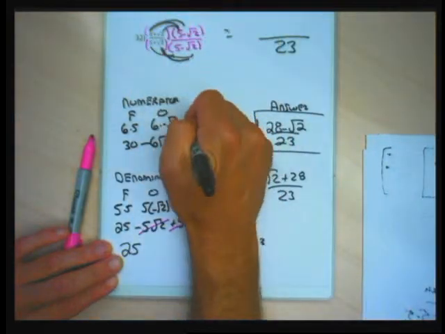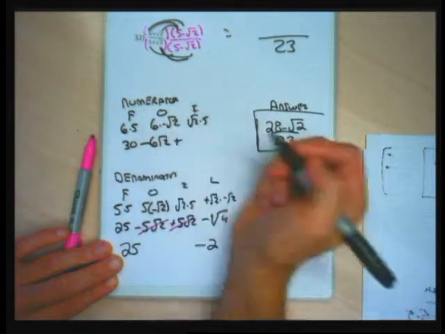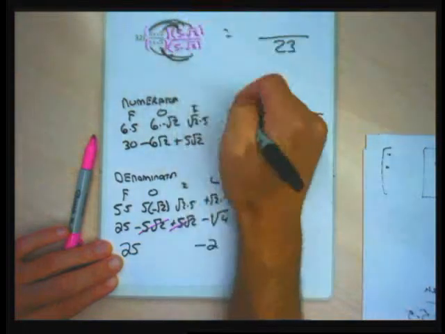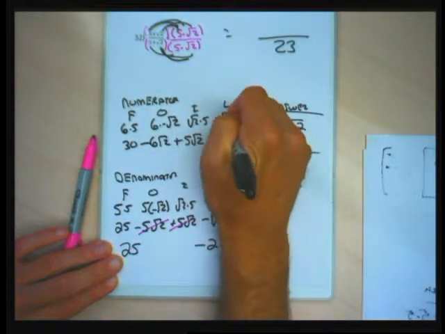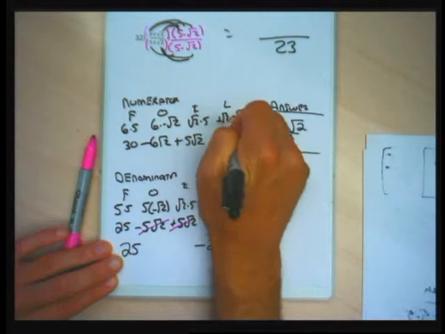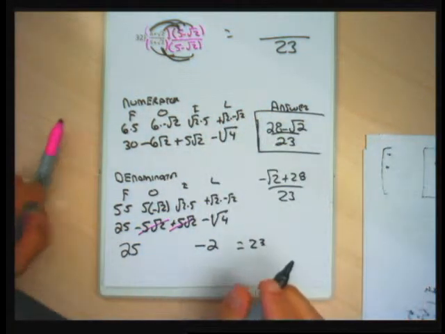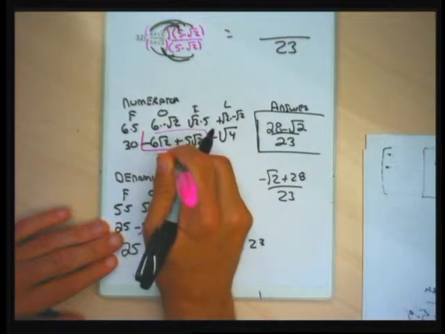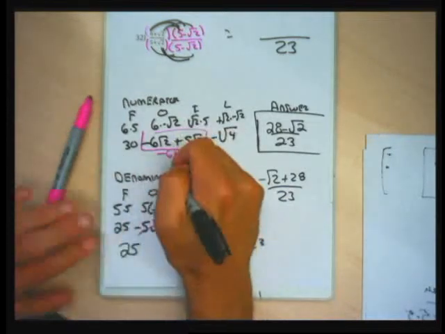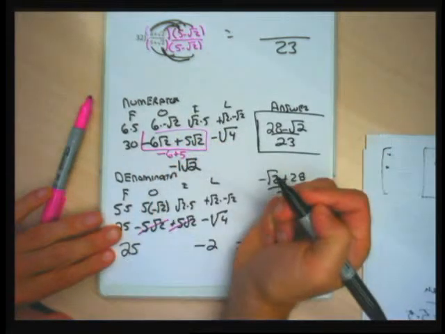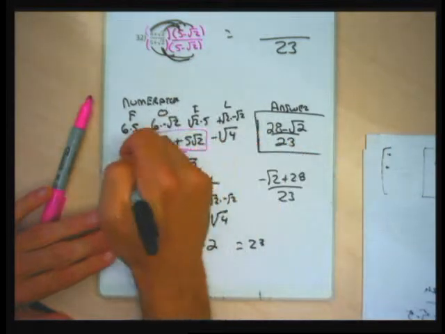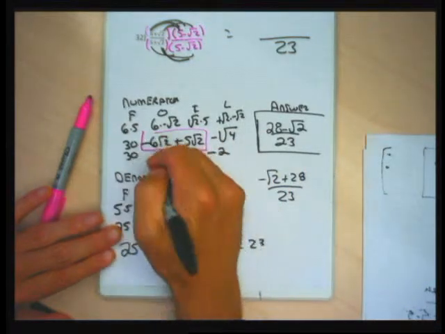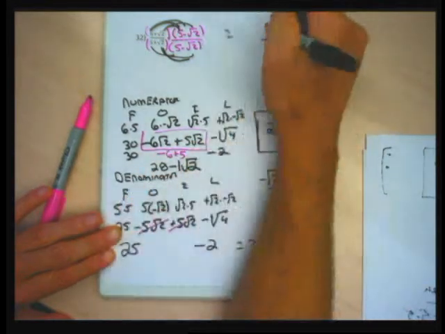Inners, square root of 2 times 5, both positive, so I get a plus sign, and I get a plus 5 square root of 2. Lasts, positive square root of 2 times a minus square root of 2 gives me a minus square root of 4. The outers and the inners combine. You just have to combine the minus 6 and the plus 5, and that gives me a minus 1 in front of the square root of 2. And then for the lasts are the numbers. I have a 30 and a minus 2 because the square root of 4 turns to 2, and 30 minus 2 is 28. So my numerator is going to be 28